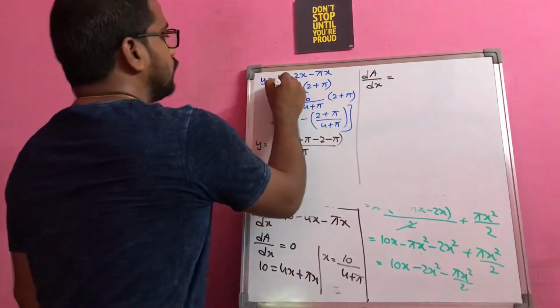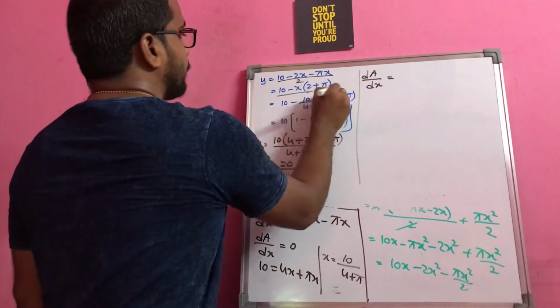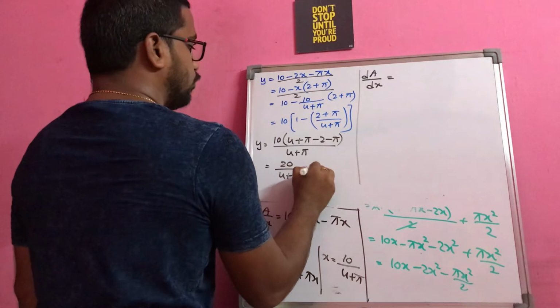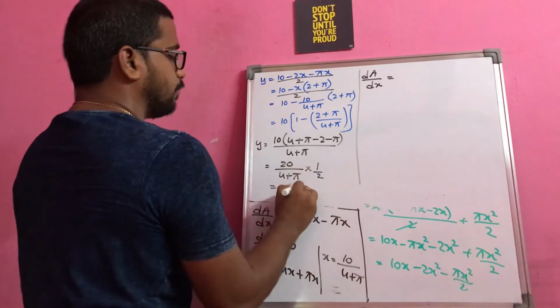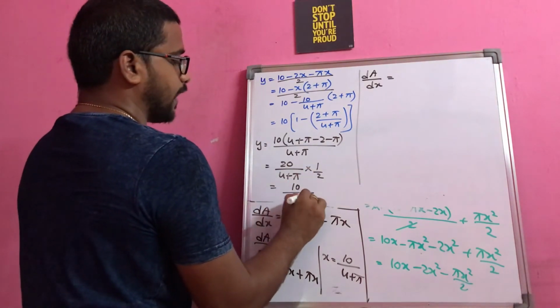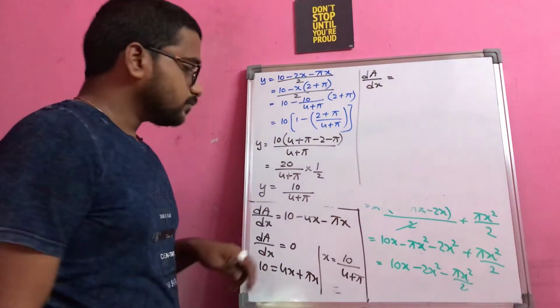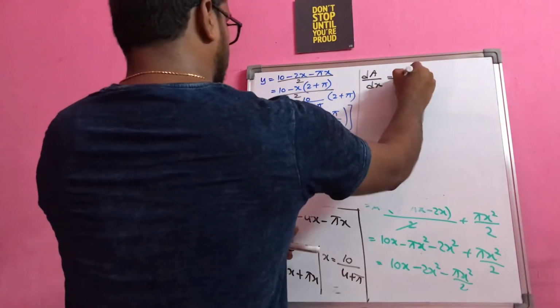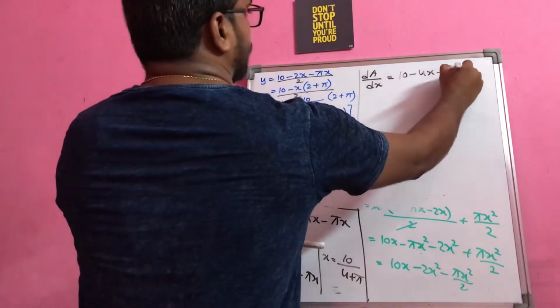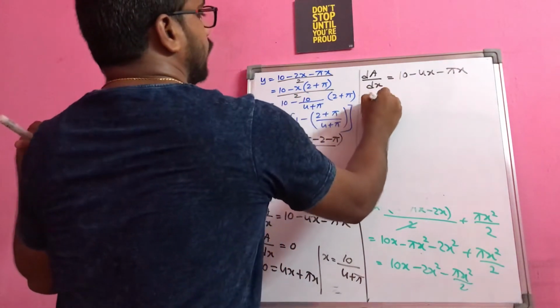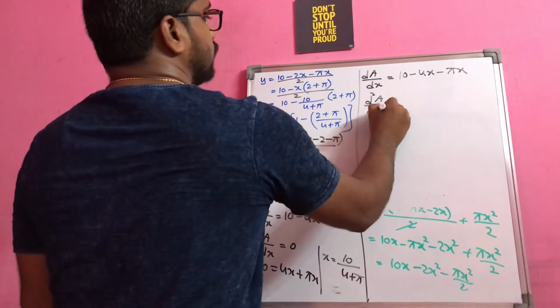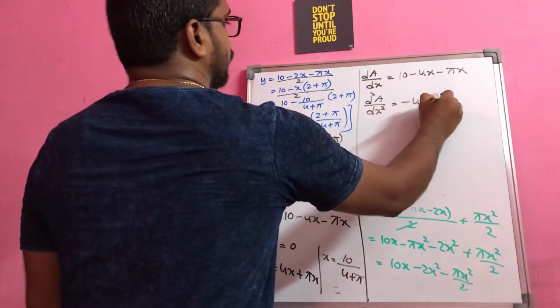So here whole divided by 2 will be there, no? So into 1 by 2 will come, that is equal to 10 by 4 plus pi. This is the other dimension y. So dA by dx is nothing but 10 minus 4x minus pi x. So d square A by dx square, let us find out, which is equal to minus 4 minus pi, which